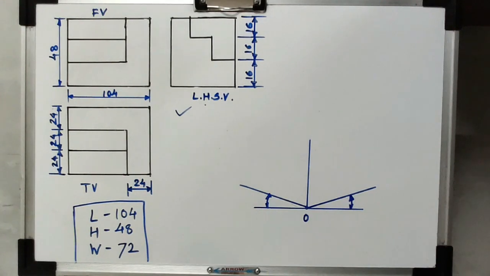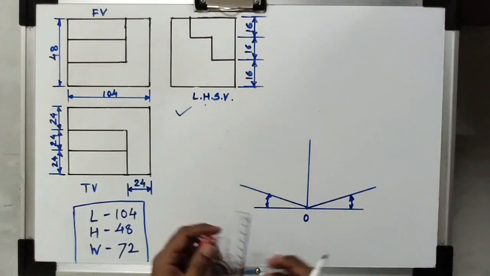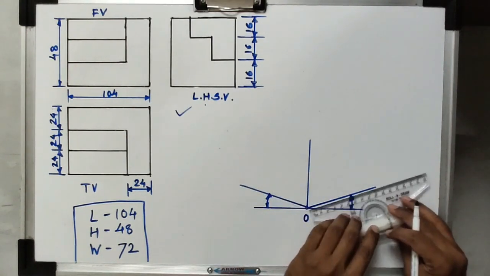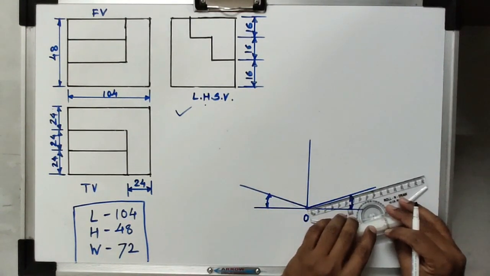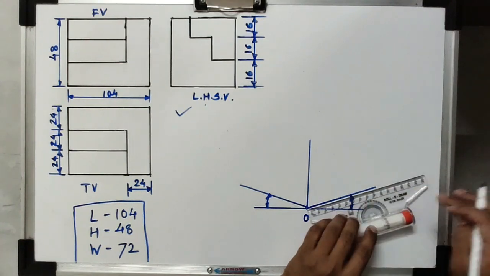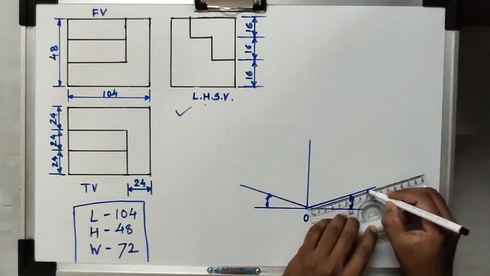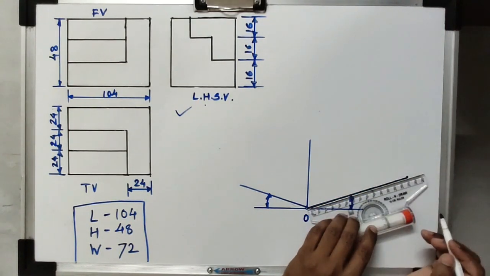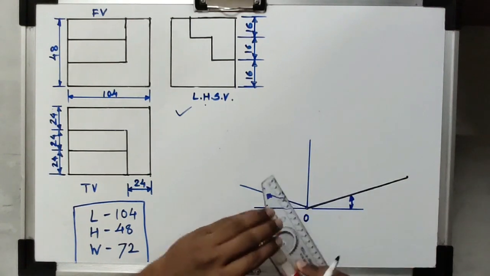First of all, we have to create the complete box, within which the complete view will be represented. The total length is 104, and all of you now know how it comes on the right side inclination line and the logic for that. So I will represent the total length of the object like this. Suppose this is the total length 104. And what is the total height?